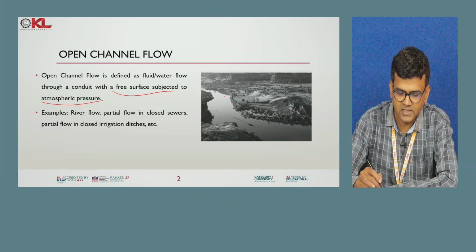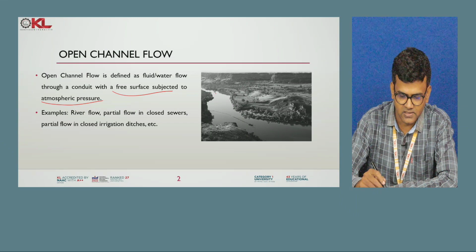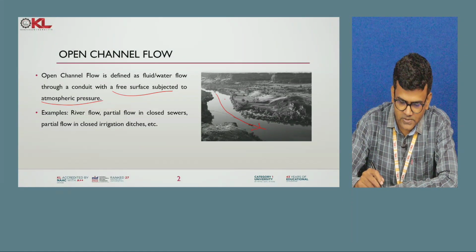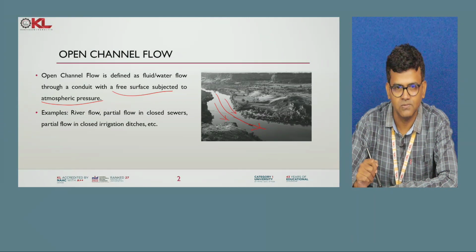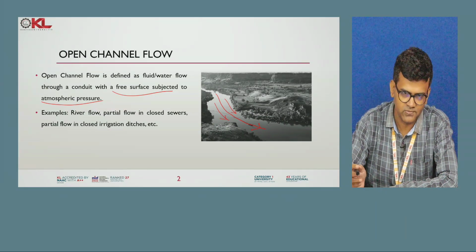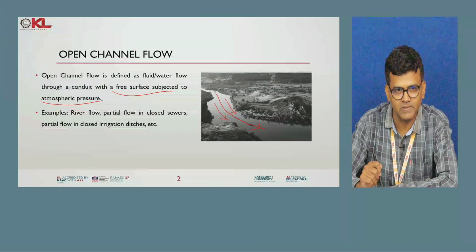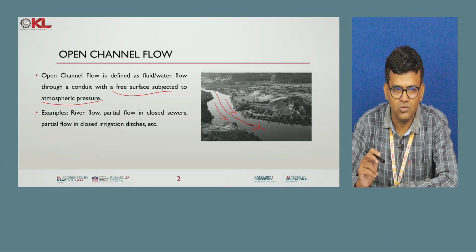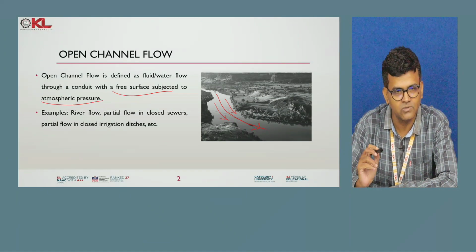You can imagine the flow in rivers, flow in canals. Suppose this is the flow. This is the top surface of the flow which is flowing. Above this top surface there is the atmosphere. That means the top surface is subjected to atmospheric pressure. So this type of flow is called open channel flow, in which the top surface should be subjected to